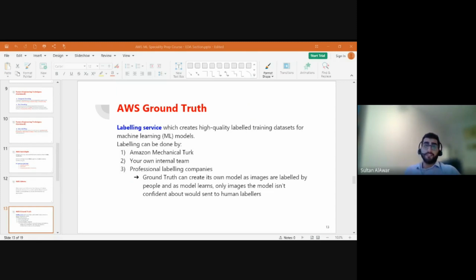And AWS Ground Truth helps solve this problem, which creates high quality labeled training data sets